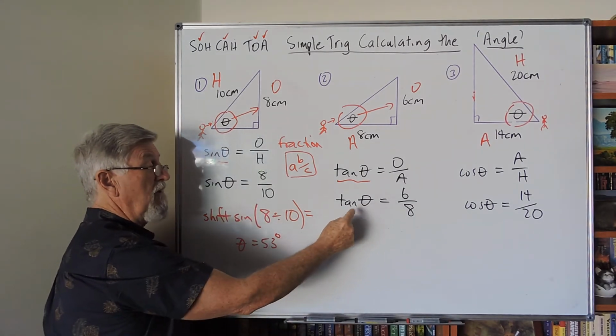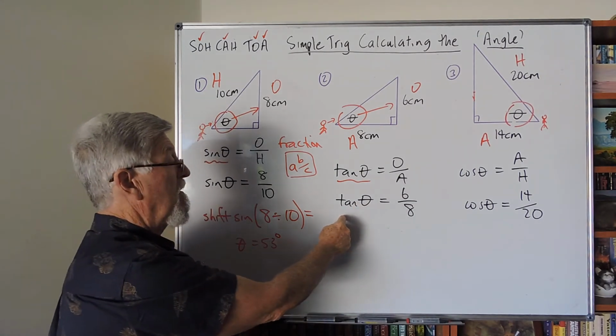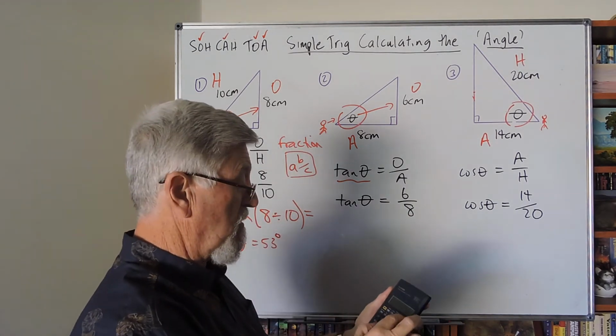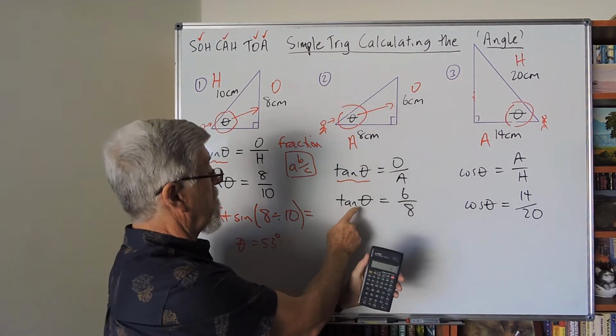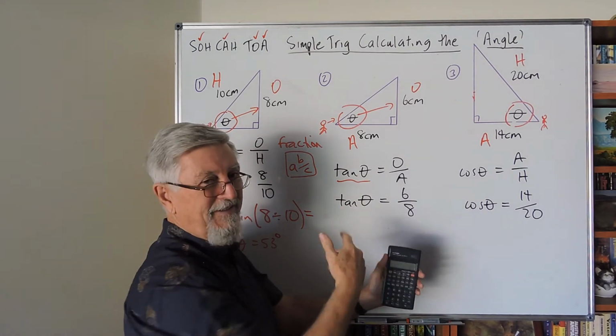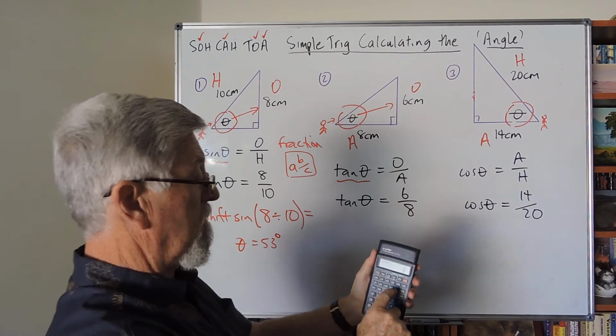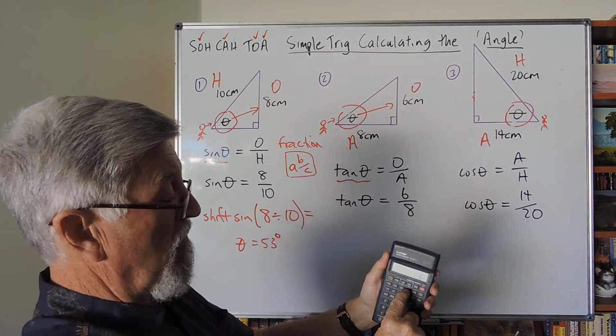How can I get the angle? I know I'm going to have to use the tan button. I sometimes call it the backward tan button, but I think it's easy enough just to go, here we go. We want backward tan, I just said it automatically. So second function, tan. I'm looking for the gold or yellow writing, so I tell it that